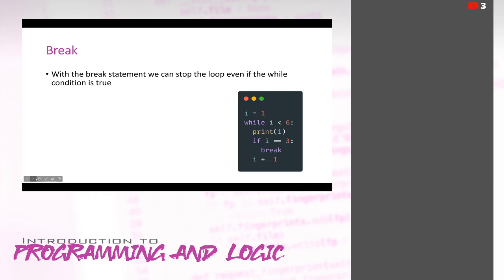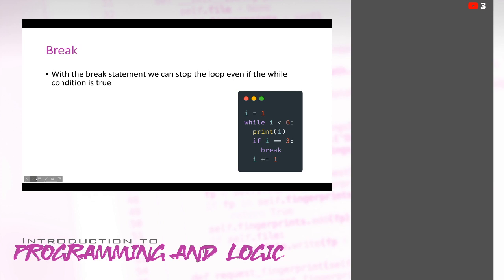So in the example here, we've added an if statement into that loop that you saw before. While I is less than 6, print I, if I equals 3, break. So we actually have a conditional that we've introduced into our loop that's adding another level to it.